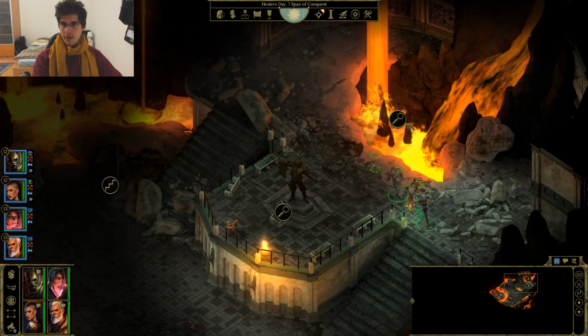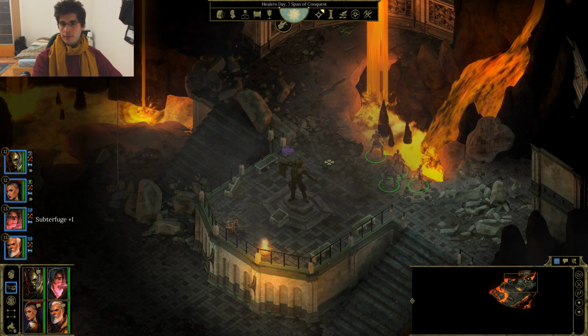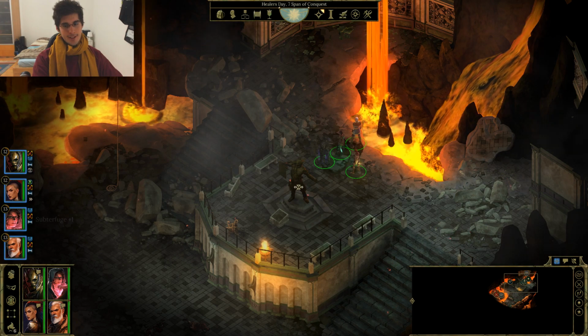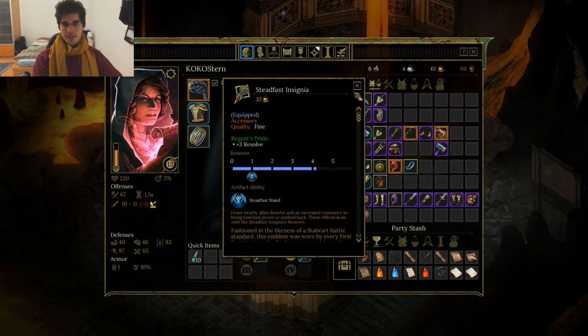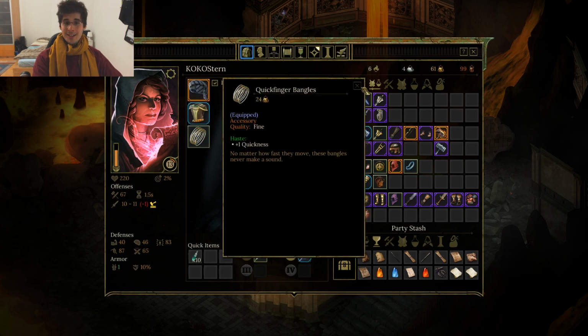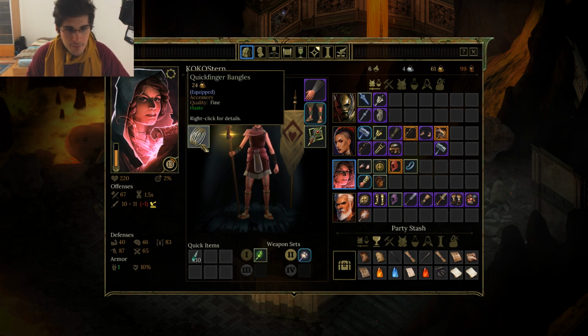Bunch of stuff. Here we get beyond this gaping hole in the floor. Hundreds of scrolls fill the shelves on the far wall. Have a look. We got a sigil of lightning. Yes, I like that one. I do enjoy that one. So we've got the Regent's Pride, which gives me Steadfast Stand, which I never use, but whatever. +1 quickness, which is also good because it's recovery, right? Like my recovery gets...